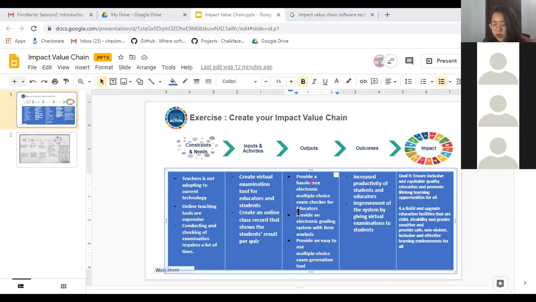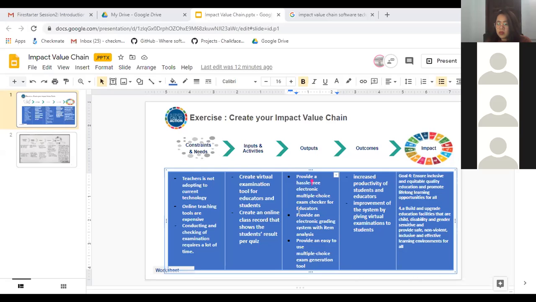And the second is to create an online class record that shows student results per quiz. So the student can automatically see their scores for that exam.